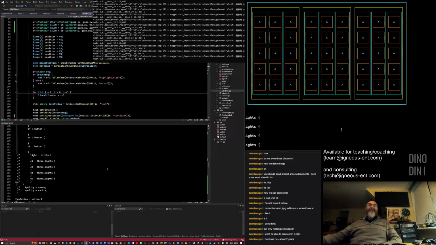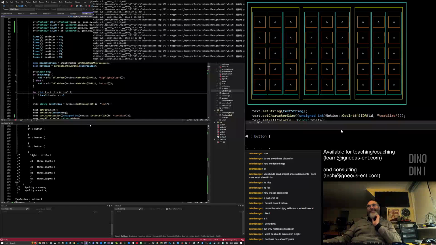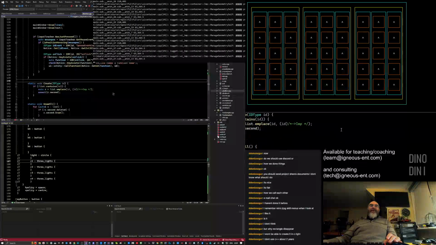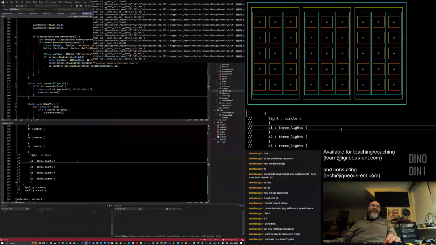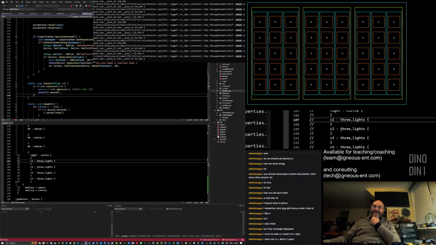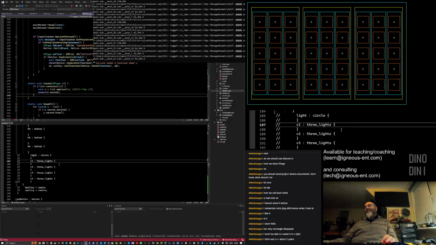So we have text. Labels. I could use some labels. But I think I'm going to do that on a different stream because I'm pretty tired. And I think this is a good place to leave it with